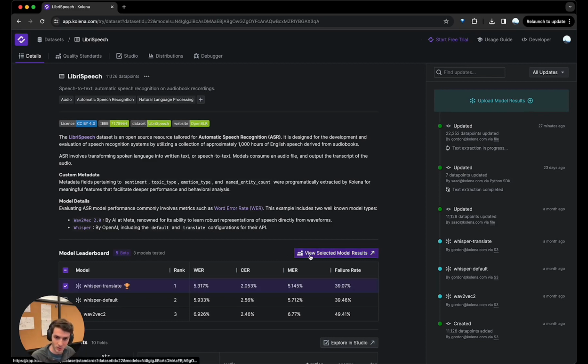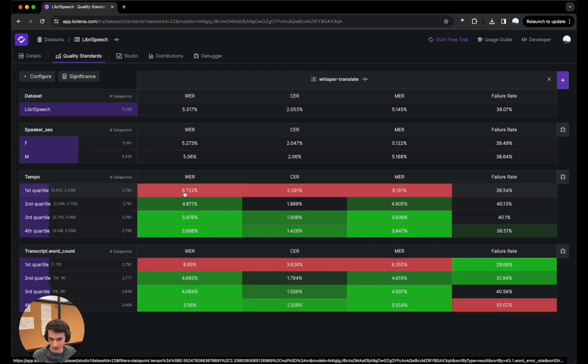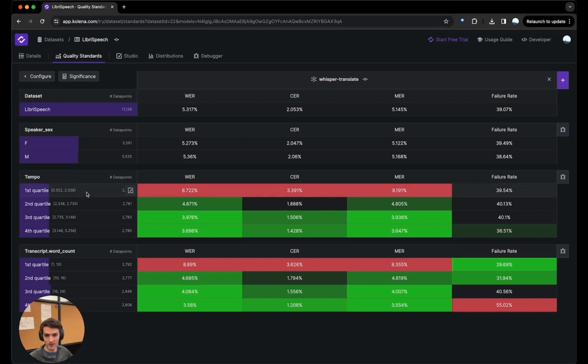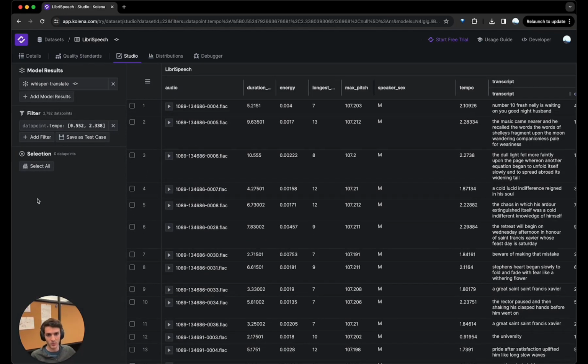Translate model. So we'll start by jumping into our quality standards view, where we can see things like word error rate, character error rate, match error rate for each of the different test cases we've defined across this dataset. And we see here that this Whisper model is performing pretty poorly, has a relatively high word error rate and character error rate on this first quartile of tempo. This is people who are speaking the most slowly inside these audio files. So we can click in here to get to the studio and dig into maybe the reason why this is